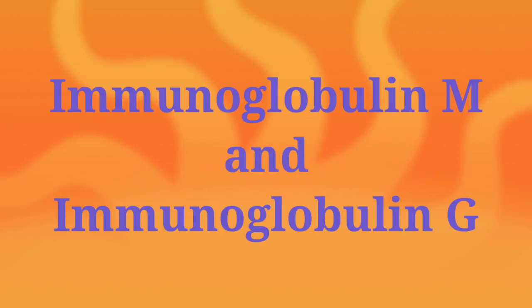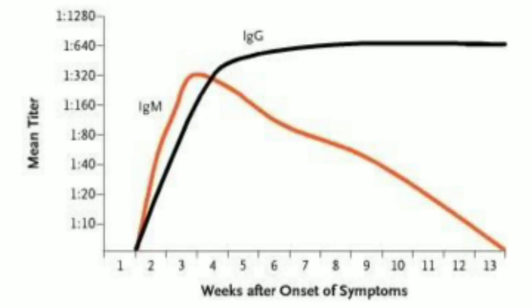There are two major types of antibodies which are formed by our acquired immune system. One is immunoglobulin M, which is synthesized within the first 7 to 10 days of attack of the virus and then vanishes. The second one, one of the very important antibodies, is immunoglobulin G. It is formed after 7 to 12 days of the attack and remains for a long period of time.